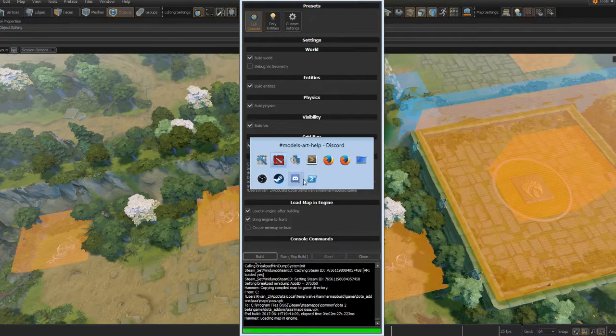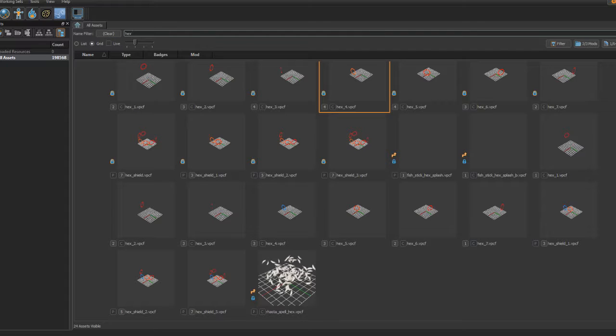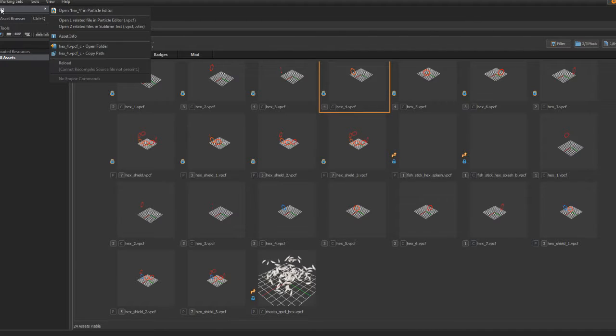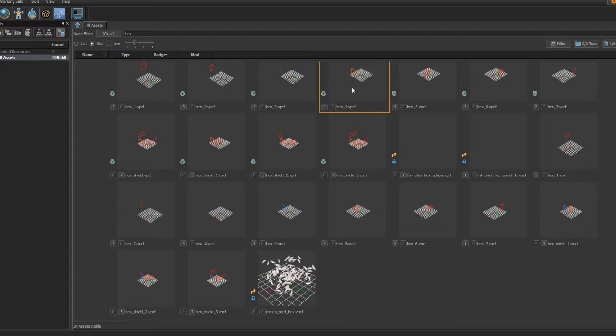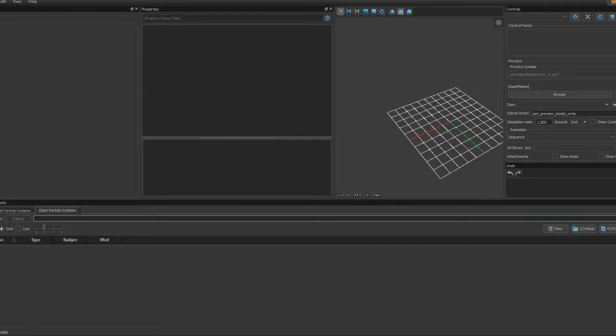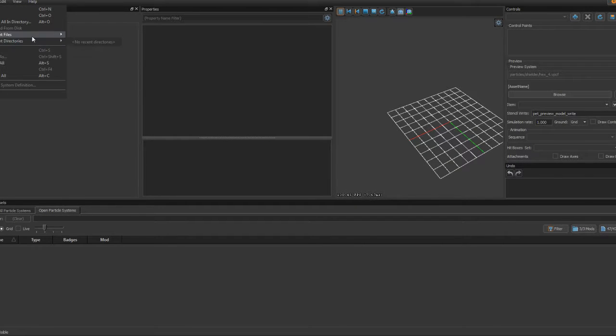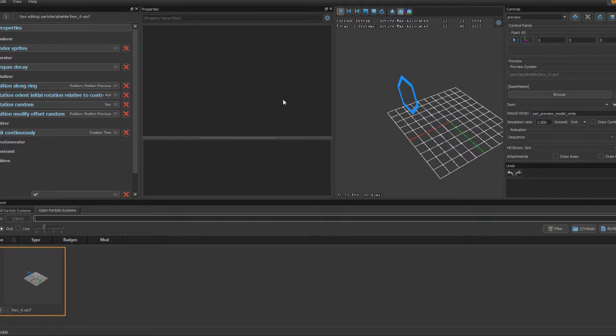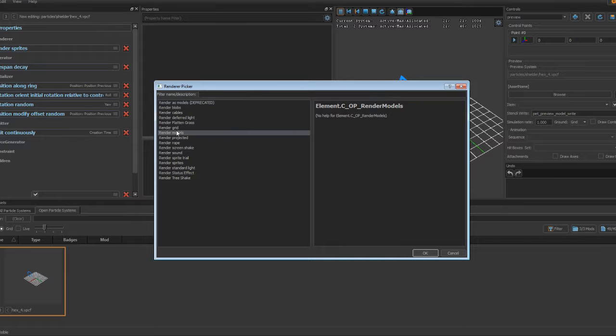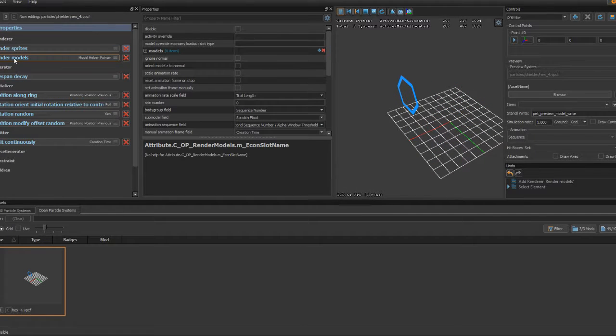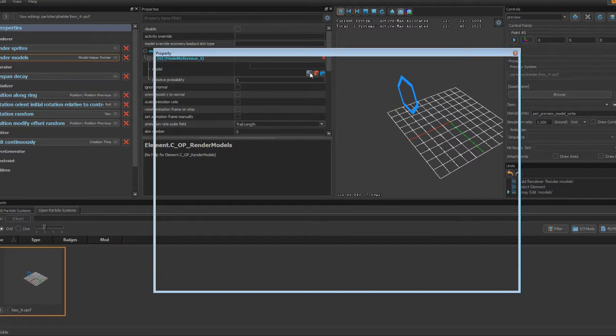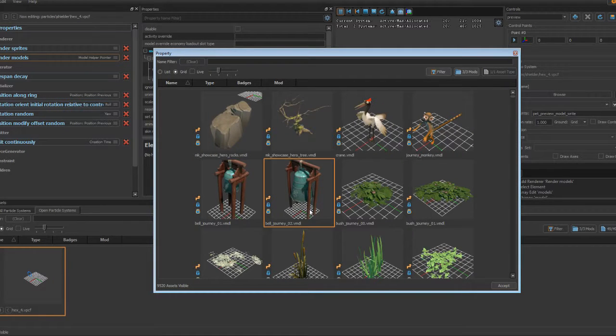But what we should figure out next is render models. See now, if I apply the same operators and initializers, but instead of or in addition to a sprite, I do it to a model, my question is,